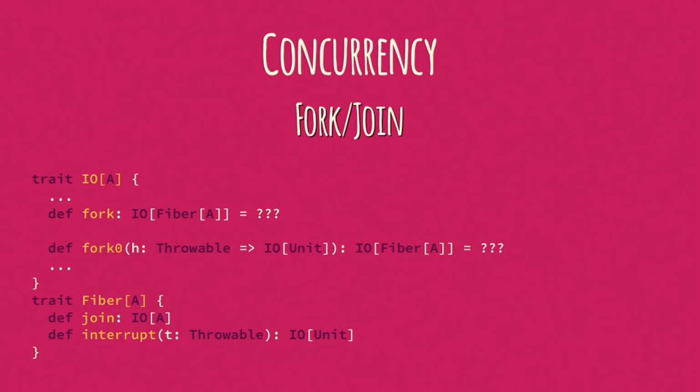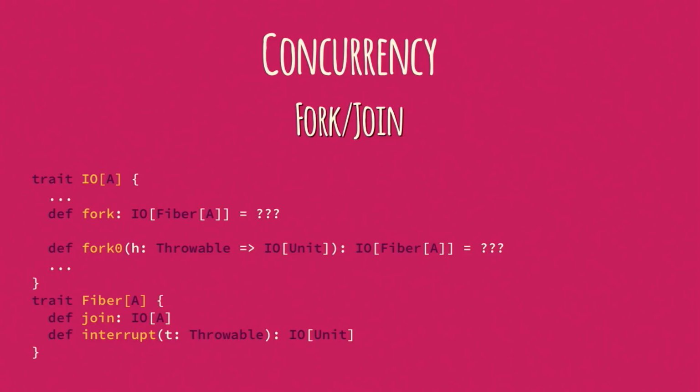And then in any concurrency model, you have to choose one or more concurrency primitives. The one I chose for Scalaz 8 is based on fork and join. It's extraordinarily simple. I can describe it in a single slide, and the semantics are almost as simple as the type signatures that you see here. Fork spawns off an independent fiber. So if you have an IO of A and you call fork on it, you're going to get a fiber of A. And that fiber gives you a handle to something that's running elsewhere.